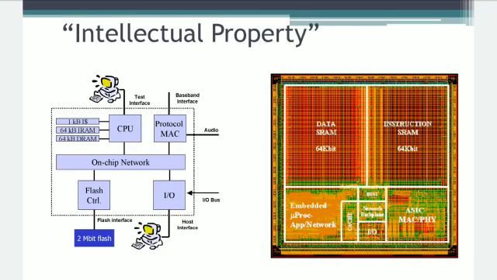Right? So here, as shown in the figure, we have a CPU, protocol MAC, on-chip network, flash controller, I/O circuitry, and so on. On the right side, you can see the layout for the same. As shown in this integrated circuit implementing the protocol stack for a wireless indoor communication system, the majority of the area is occupied by the embedded processor. This processor is the Tensilica Xtensa processor and its memory system. It allows for flexible implementation of higher levels of the protocol stack, that is application and network, and enables change in the functionality of the chip even after fabrication.